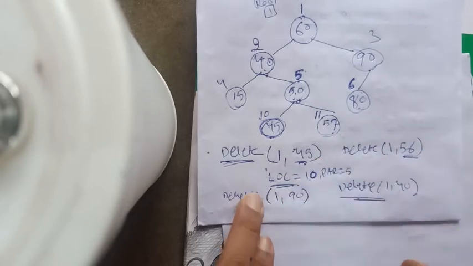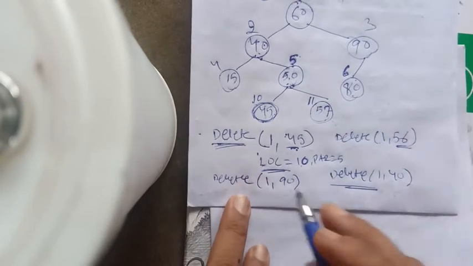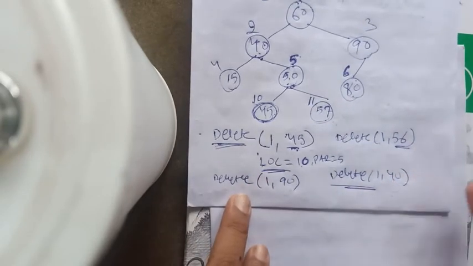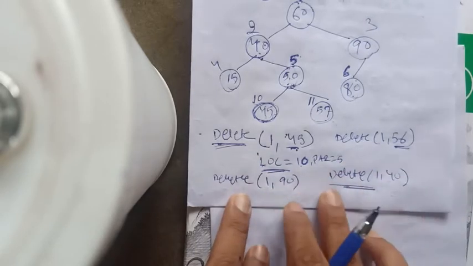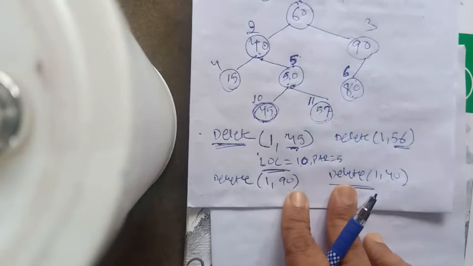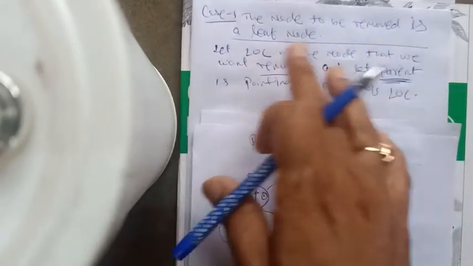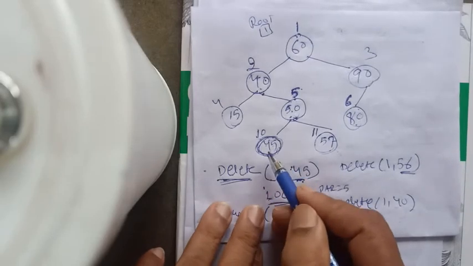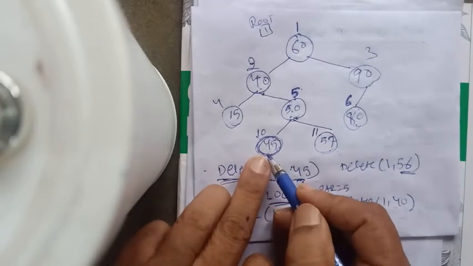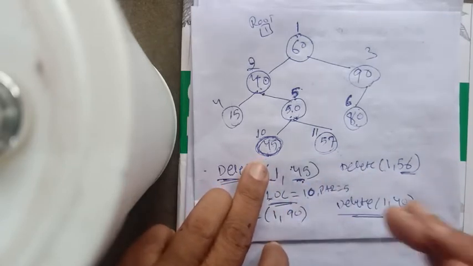So these two variables are required in order to delete a particular node. In order to delete a location, you need two address variables. You need the address of that node, which is LOC. Also you need the parent, and both can be known by applying a search technique. Okay, now we are discussing case 1, that is, the node that you want to remove is a leaf node. Now see, suppose you want to remove 45. Now when you want to remove this node, what steps should you carry out?